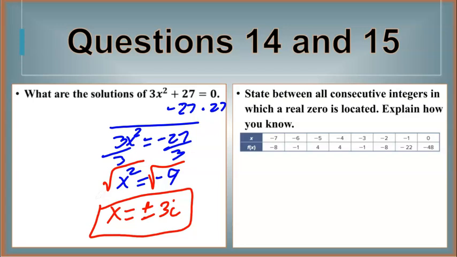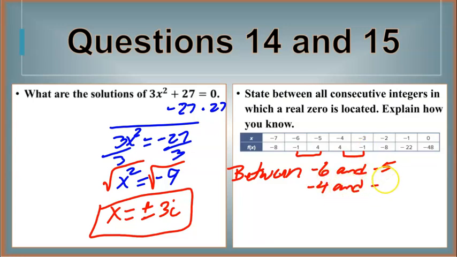Question 15, state between all consecutive integers in which a real zero is located and explain how you know. Well, when the f of x or your y values change signs, we know that they cross the x-axis there. So there's a sign change here, there's a sign change here, and those are the only two places where there's a sign change. So we're going to say between, and this is where we write the x terms of it. So between negative 6 and negative 5, there's an x-intercept, and between negative 4